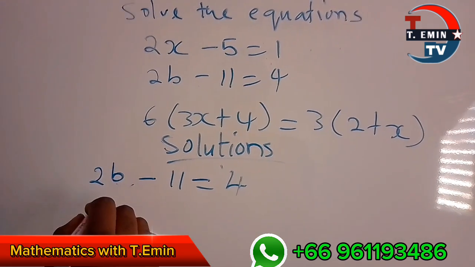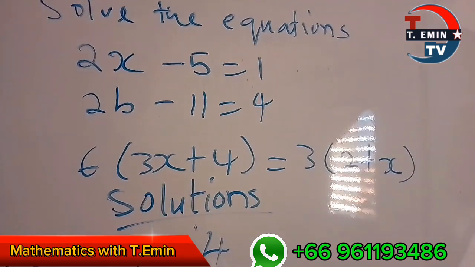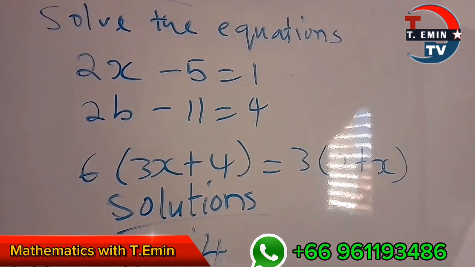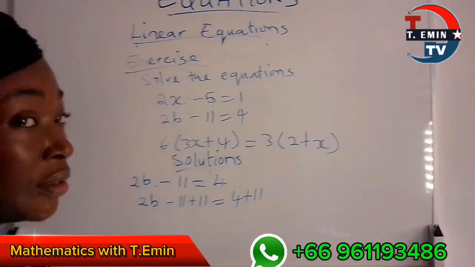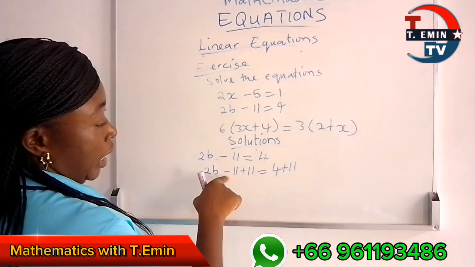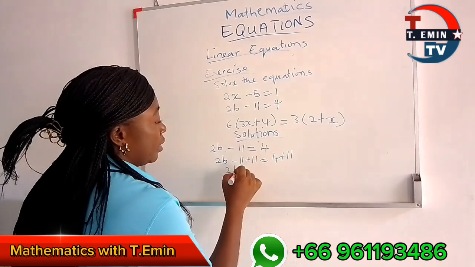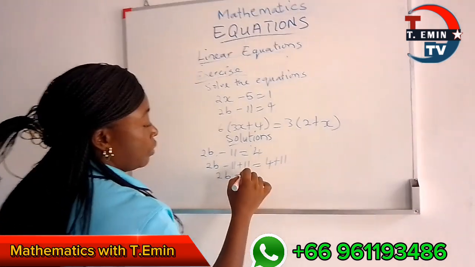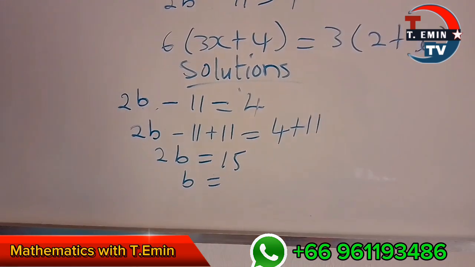What do we have? 2b take away 11 plus 11 equal to 4 plus 11. So we are adding 11 on both sides. 2b is equal to 15 and b is equal to